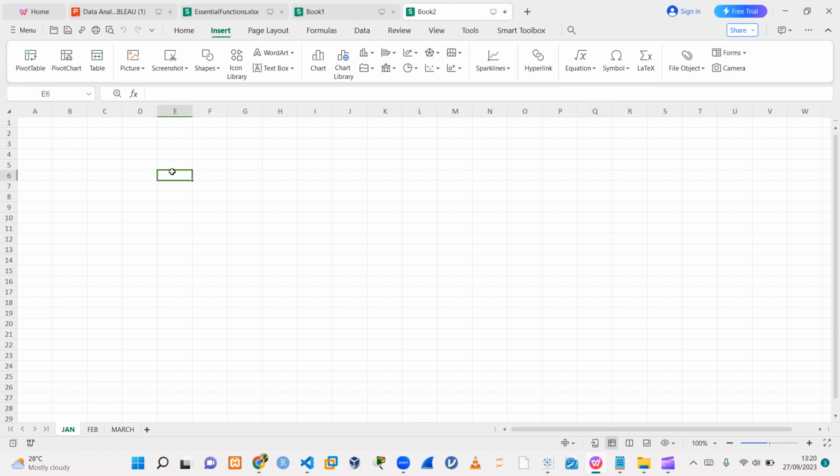So when you say F6, and you say equal to this plus this, what happens? You are saying F6 plus E6. If I enter, I'm going to have 11. The beauty about relative referencing is that if I